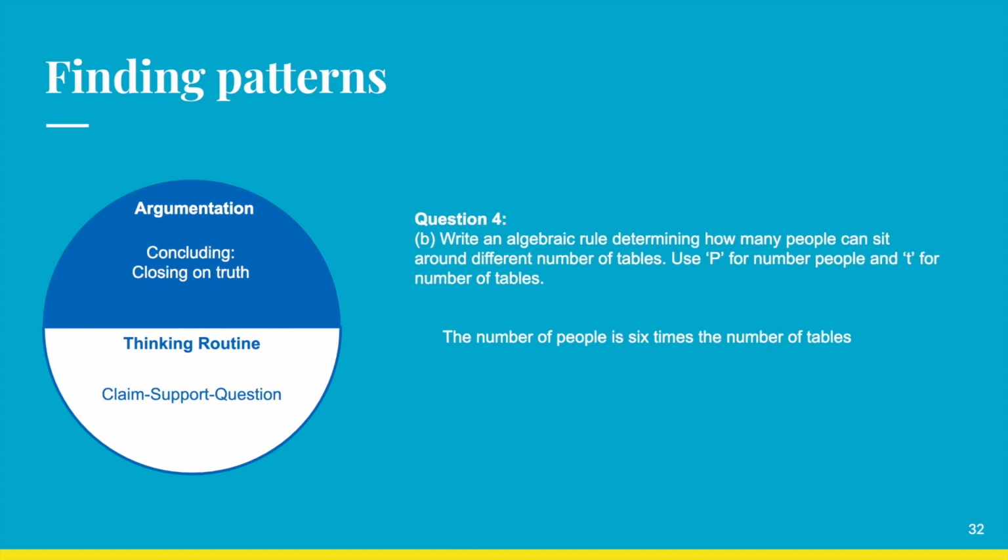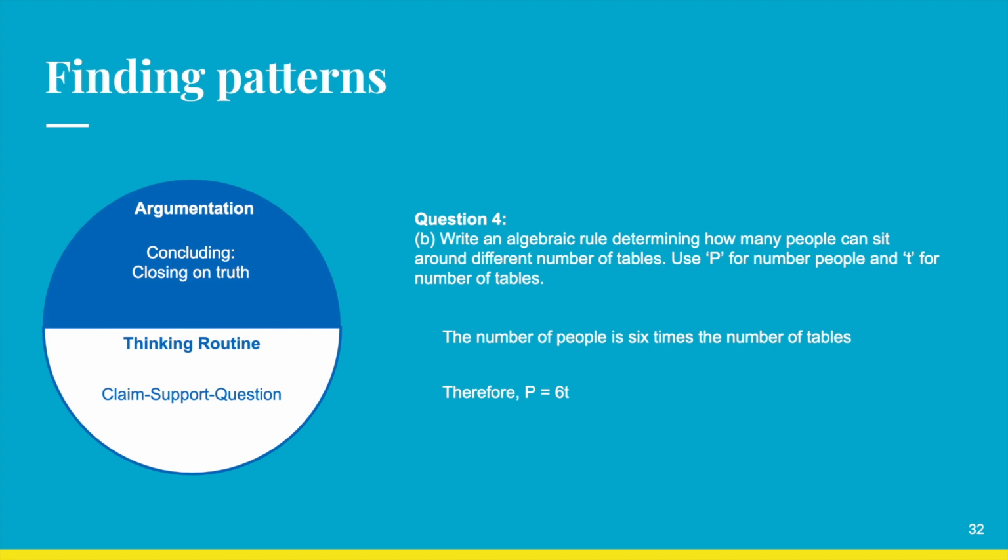And then they are to write an algebraic rule to describe how many people can sit around different numbers of tables. So students then move into this last phase of argumentation, concluding. Here, students will close in on the truth and summarize their findings. In this case, the students will have to come up with an algebraic rule from their findings in the previous step. The student is using the claim support question routine to identify generalizations in the pattern they found, and then